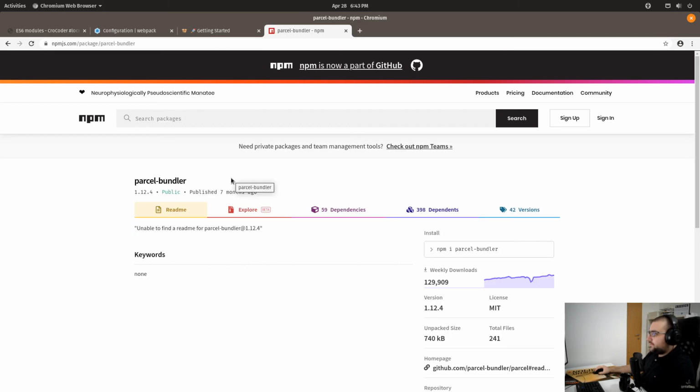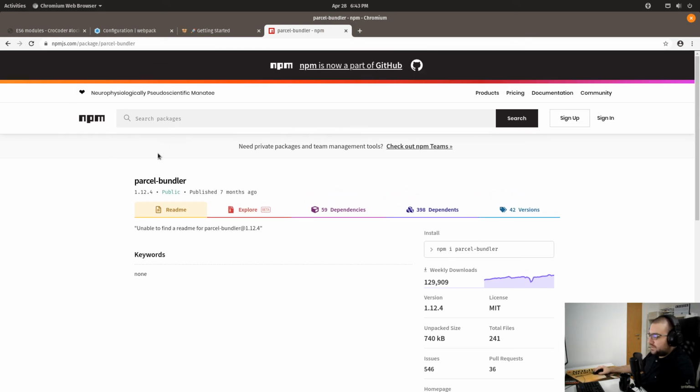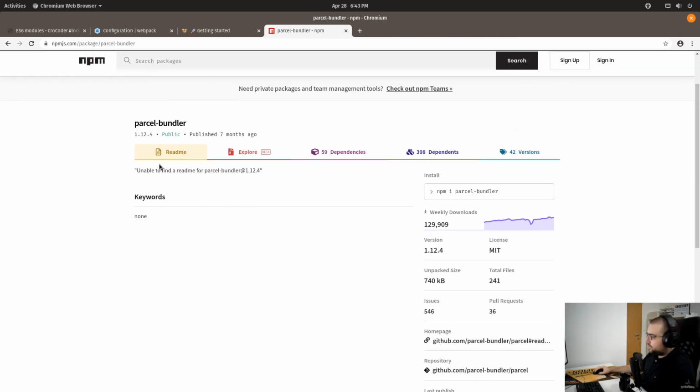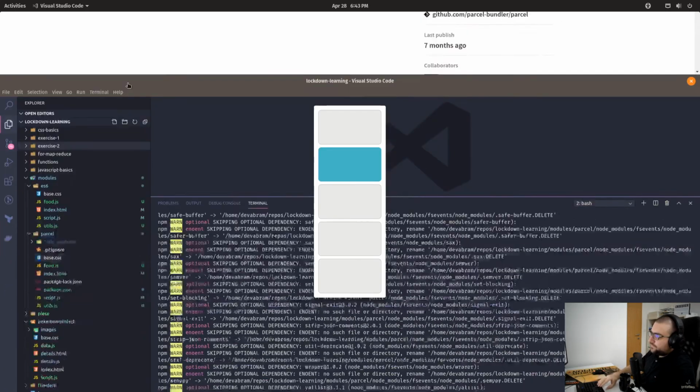It's a bit of a slower website. Okay, it's here. This is actually a production repository for the parcel bundler module. So what you can do is push your modules to this website, npmjs, and it's totally free. And everybody can download your finished modules from this website. We will do this in the future, but just so you know, it downloads the parcel bundler from this website